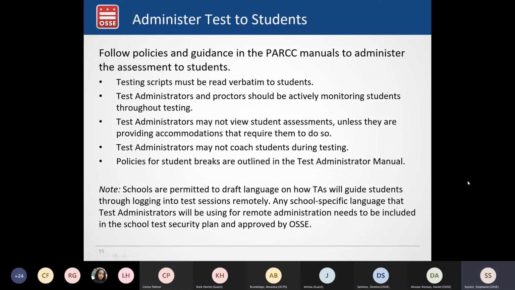When will the resources be added to the website? As quickly as I can get a ticket into our web services folks. I'm anticipating by the end of this week, but it may be early next week that these will all be posted to the website. And that's OSSI's test coordinator training website. And can someone at OSSI drop that link in the chat? I want to keep moving, so I want to make sure we have time for the Pearson Access Next portion. I'm sorry, which link do you want us to drop? The link to OSSI's website. Okay. Thanks.